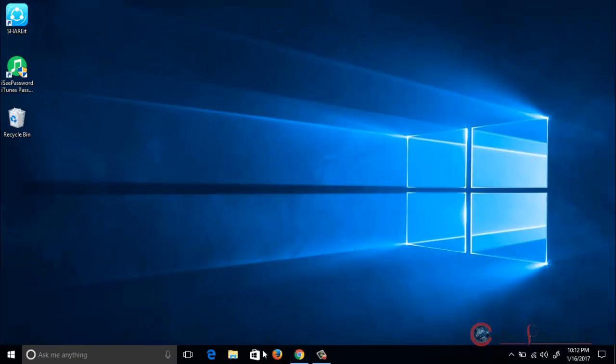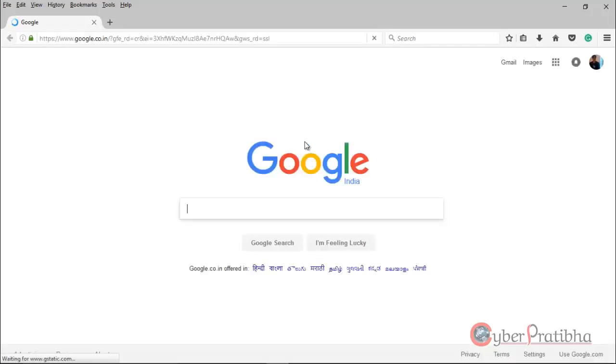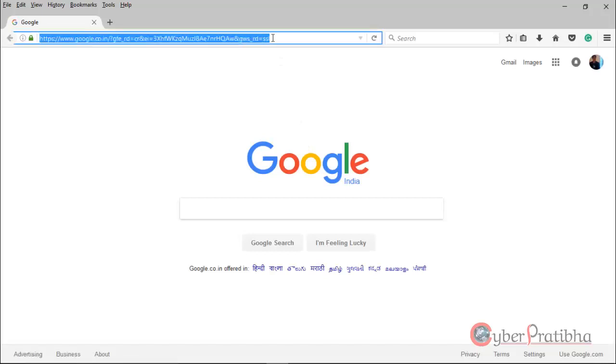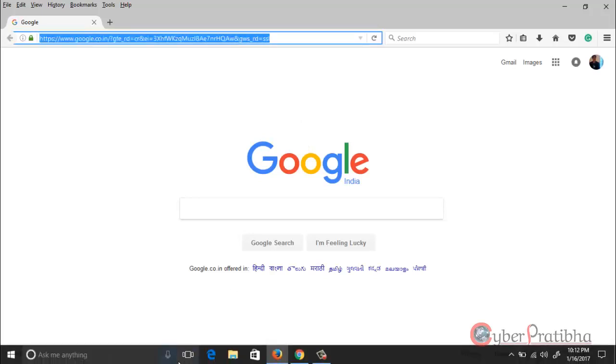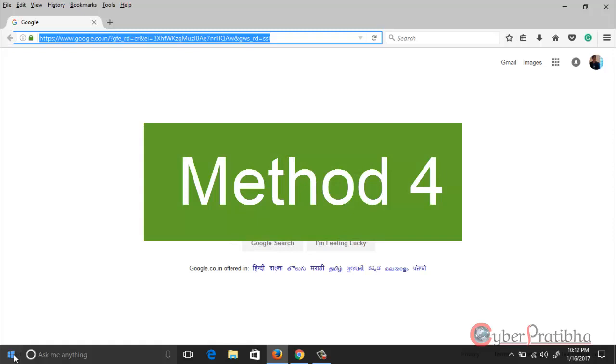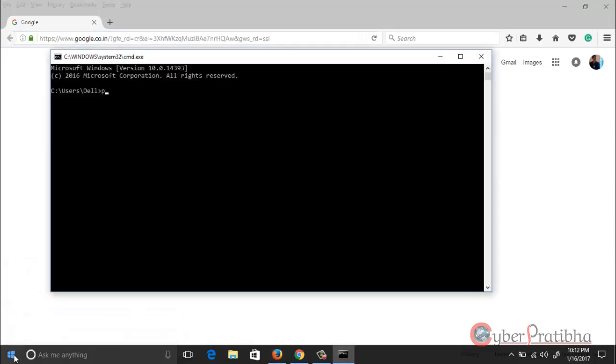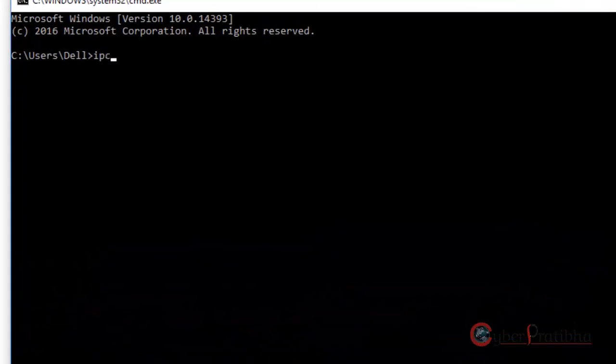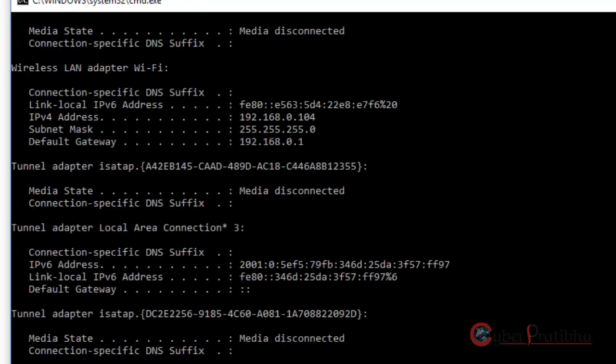Another method is to see the Wi-Fi password by accessing the router. Before accessing the router, you must know the IP address of your router. So my suggestion is to open CMD first and then run the command ipconfig on the Windows machine, and you will find the IP address of my wireless LAN adapter, you can see there.